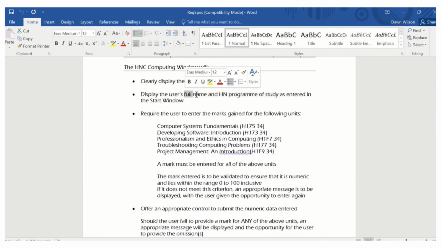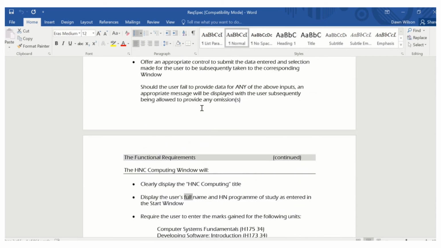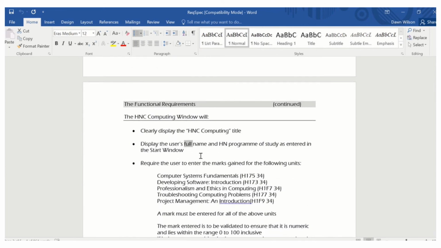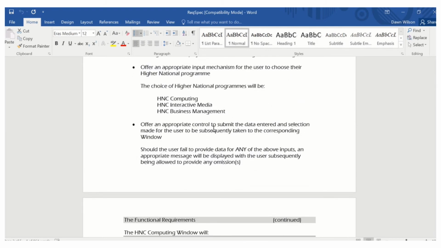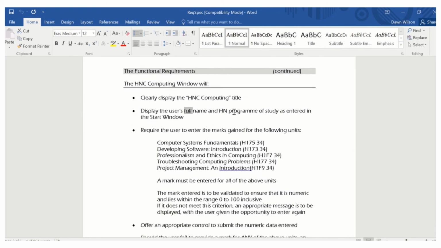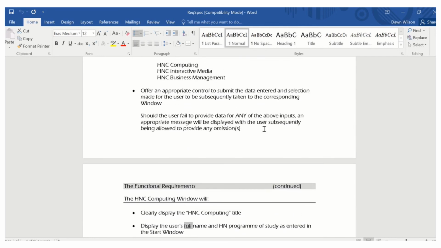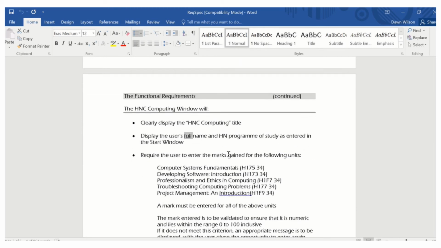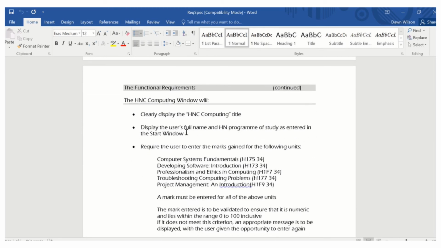So that full name is going to have come from their entry on the first page. So you're going to need a data class to share that information. So just like the car hire, you're going to have to use a data class, which is going to be your central store. So right now in that central store, you're going to have the full name. So the main page will put the full name into the central store so that the computing page can pull it back out again and use it. As well as the name and the program of study, sorry, I should say that this page will also need to put in the program of study, so whatever course they're studying will need to go into the store. So it'll pull the name and the course out of the store and display them